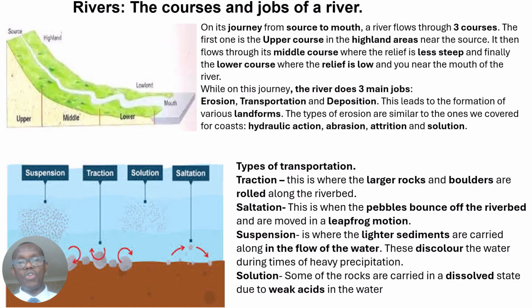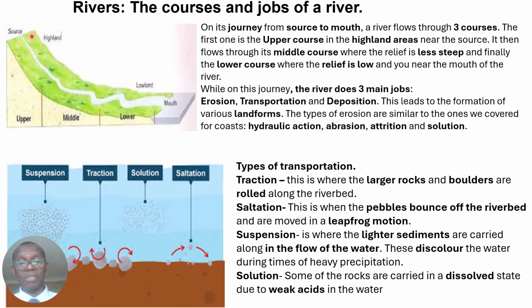So we are now going to move on to rivers, and rivers obviously as well have a big role to play in shaping the landscape of the UK. Now, on its journey from source to mouth, a river will flow through three main courses. So you have the first one here, which is the upper course of the river. And as you can see here, this is referring to the highland areas that are near the source, so where